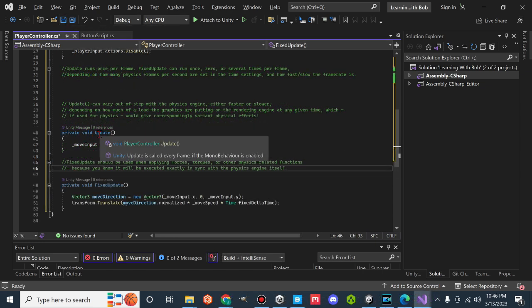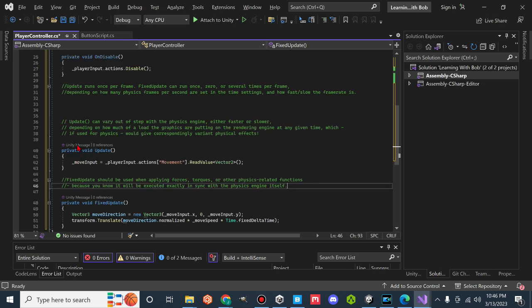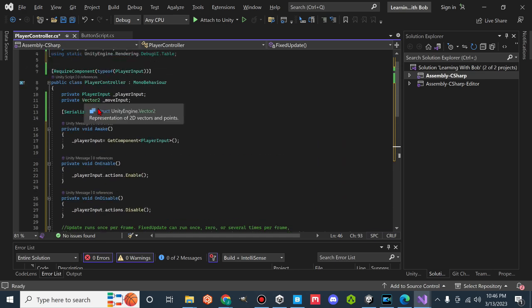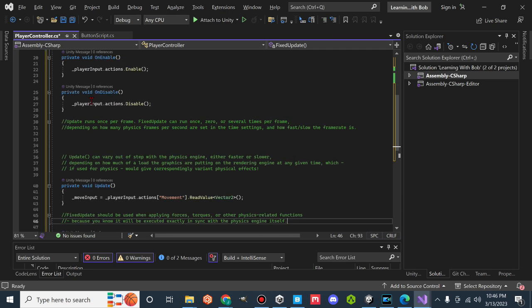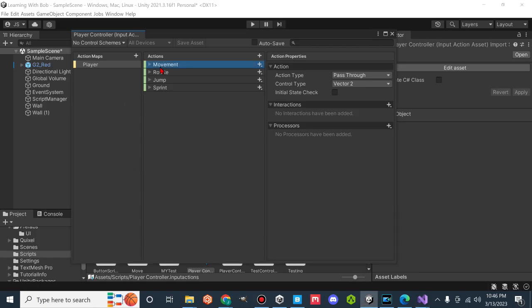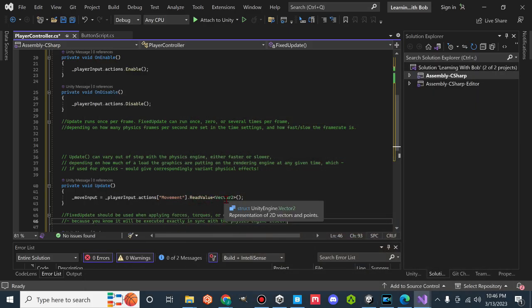Okay, in our update function, which runs once per frame, we're basically announcing that our variable move input, which we've got up here, which is a vector 2. We are basically saying that the player input.actions movement, which is what we titled our action here, and you got to make sure it's spelled the same way as what we have, is going to read a vector 2 value. So when I use my controller and I use the left stick, it's going to read the vector 2 value. Or if I'm using the WASD keys, it's going to read that vector 2 value